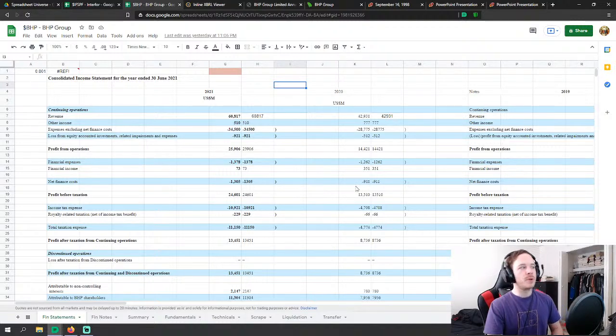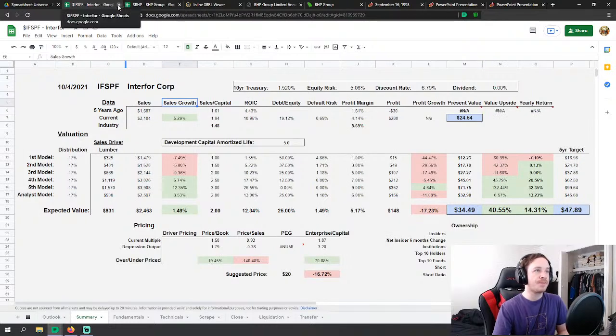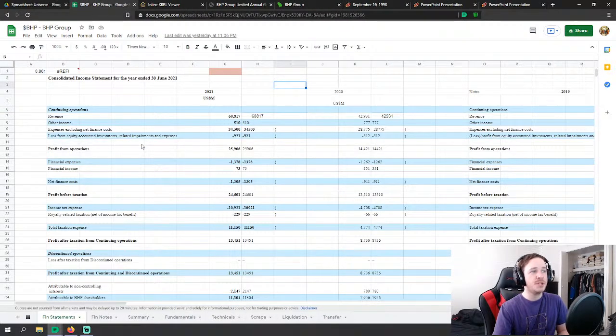So you can take your pick with a very, very large company like that, but a much smaller company can be questionable. Interfor is a pretty small company, so that's part of the reason that's in question. BHP Group is a very large company, so you might think, oh well, they'd be able to put it in Australian dollars, but the reason why they're probably doing it in USD and they don't even list it in